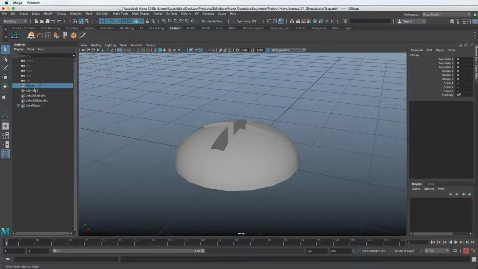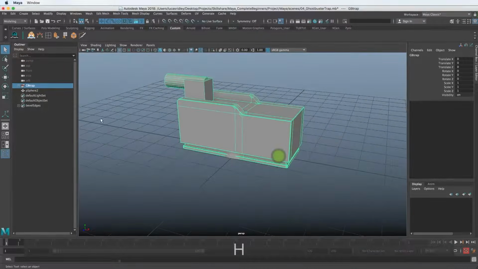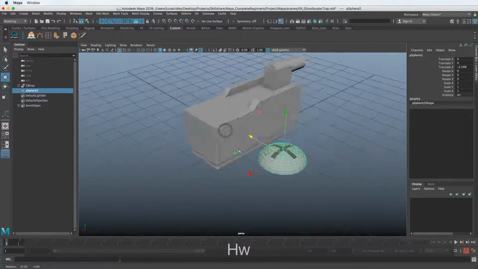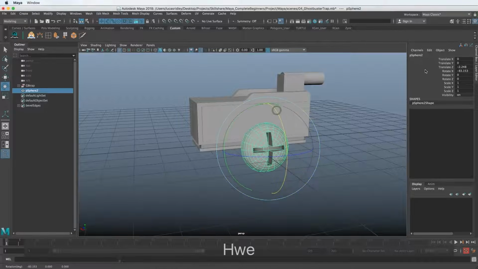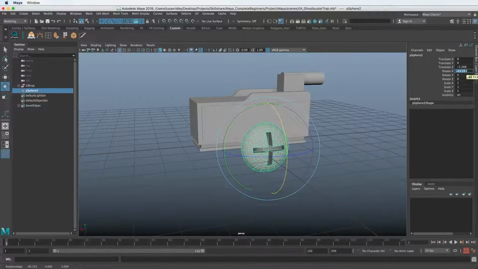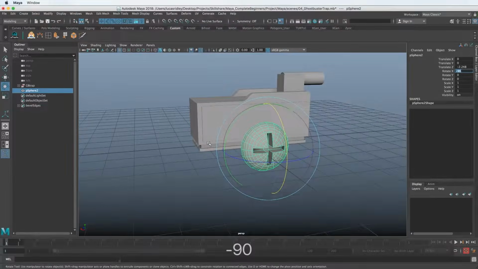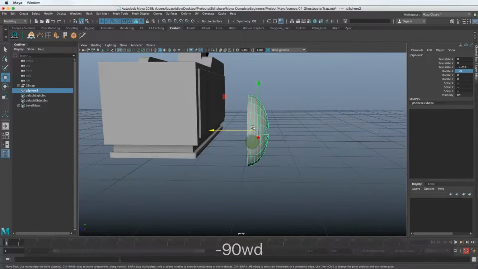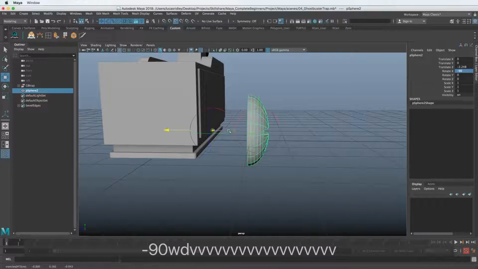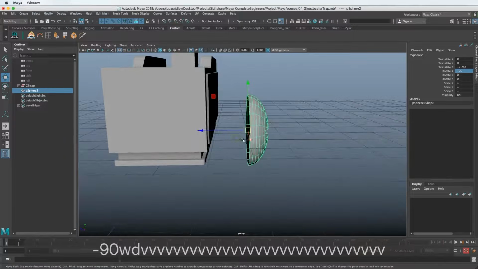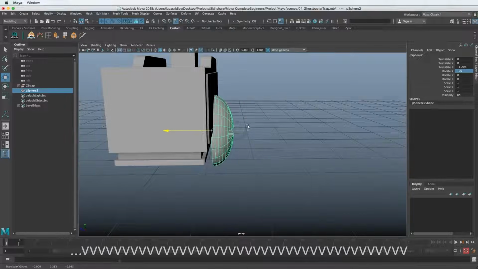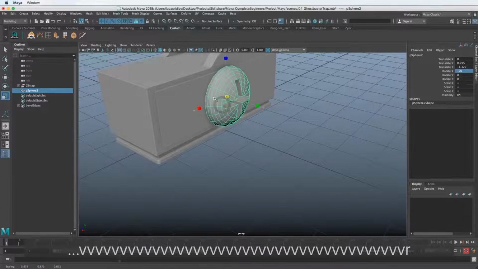So let's click this and hit Shift H to bring it back, unhide it, and click the sphere here. And let's bring it over and rotate it 90 degrees by clicking that, typing it in the channel box. And let's vertex snap the pivot, holding down D and V to the bottom here. So then we can vertex snap, holding down V to the front face of the object. So now we can slide it around knowing it's on the front.